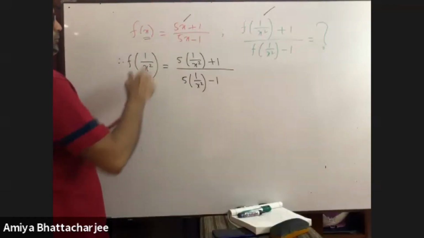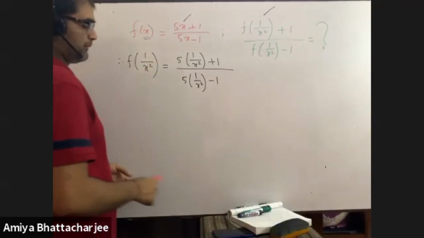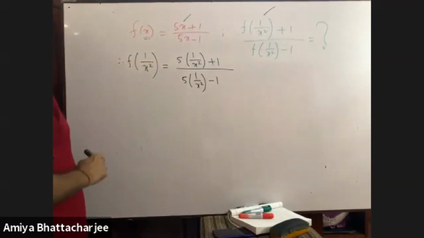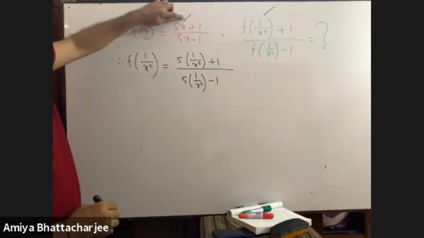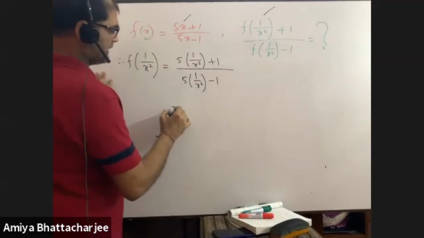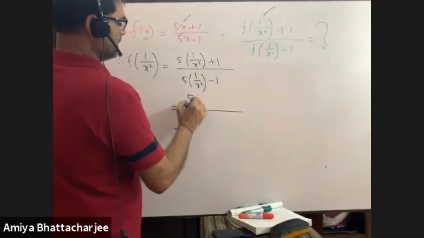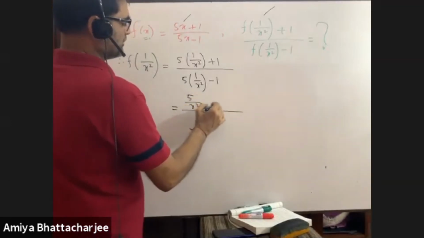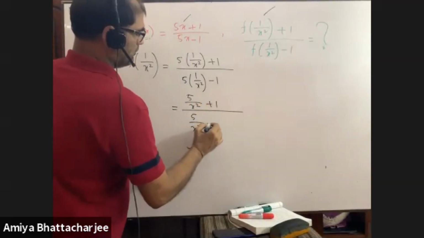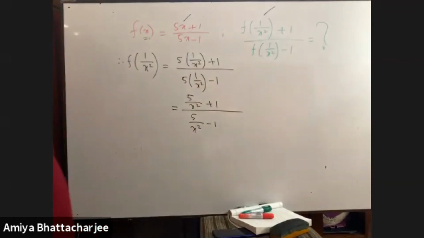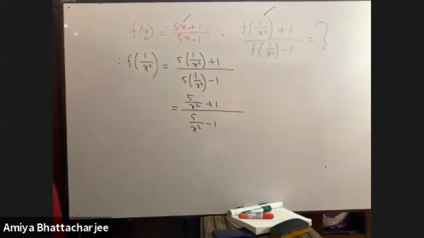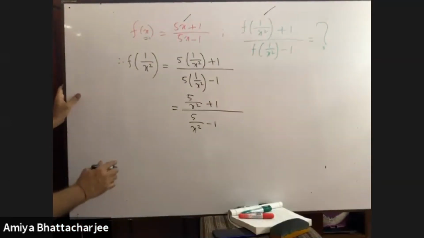For x, I have taken 1 by x square. Please try to understand. For x, I have taken 1 by x square. So here for x, we have to take 1 by x square. Nothing else. So what do you get here? We get 5 by x square plus 1 by 5 by x square minus 1. Now, can you let me know it is in the format of componendo and dividendo? Then we can write here, therefore,